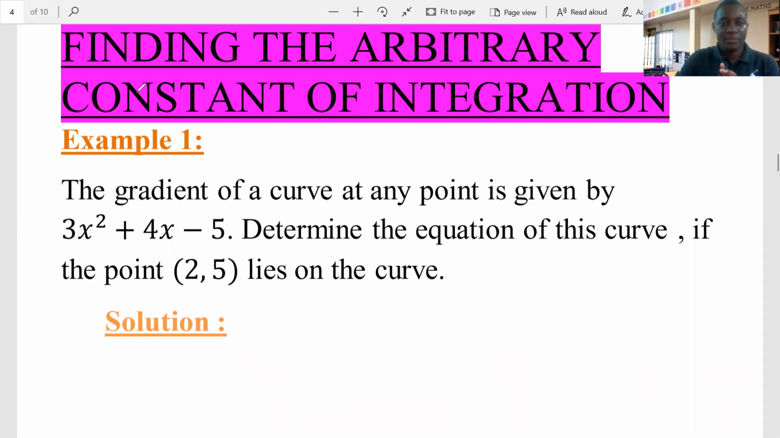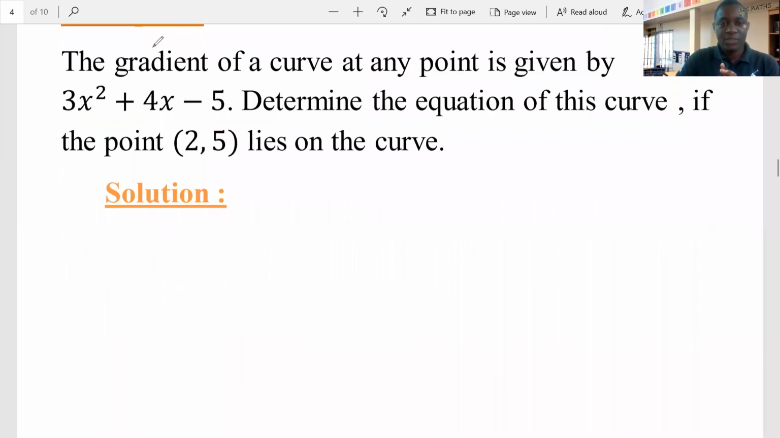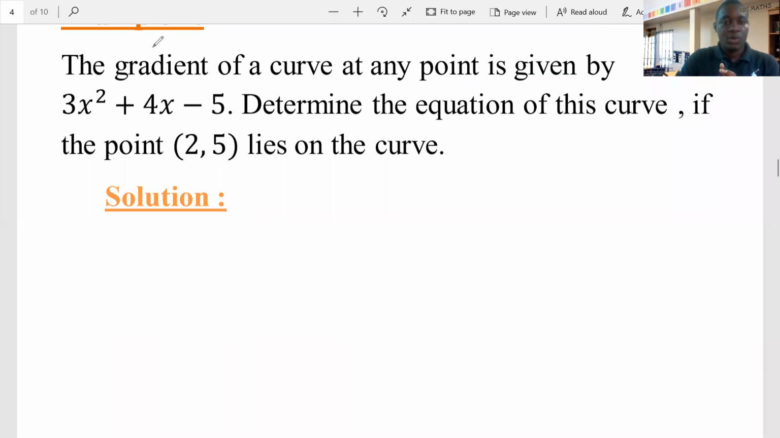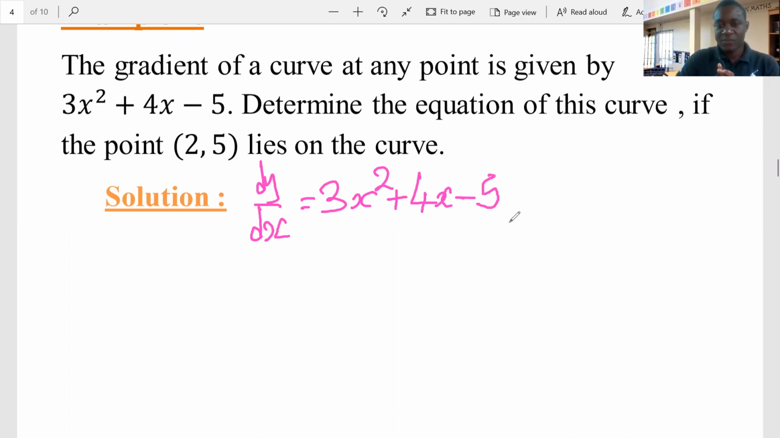We have, let's move this up a little bit. Okay, so we have that our dy/dx is given as 3x squared plus 4x minus 5, our gradient function. It implies that, I'm going to cut this page into 2, it implies that